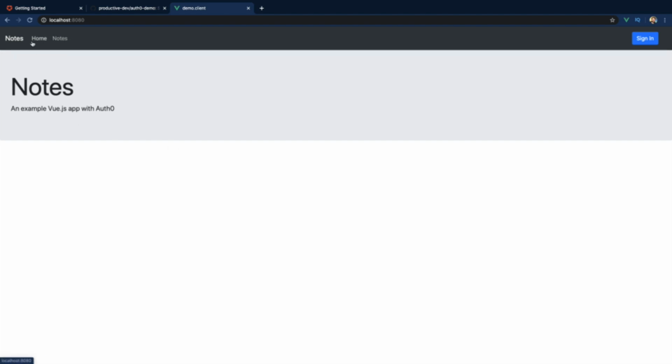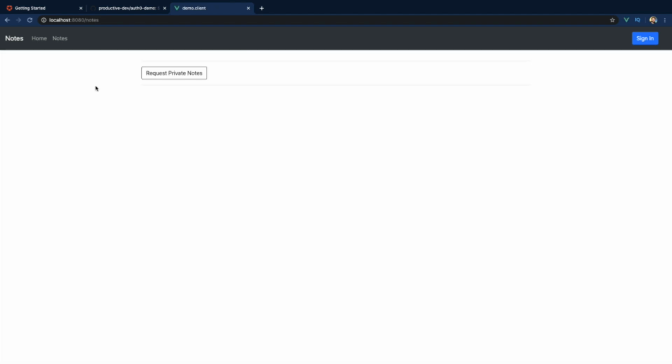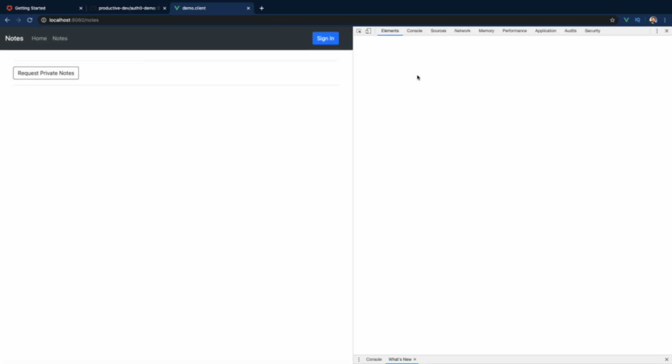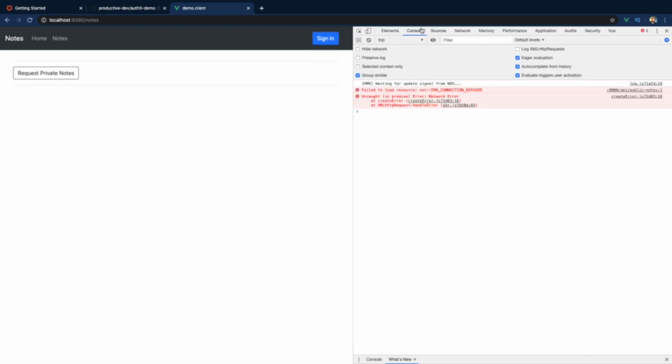We have two pages in our app. We have a home and then we have a notes page, and you'll note that we're not actually getting any data back here. In fact, if we inspect and we take a look at the console here, we'll find that we are getting a network error because we're trying to make a request to an API which is not currently